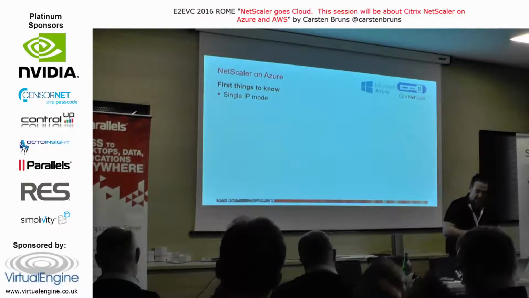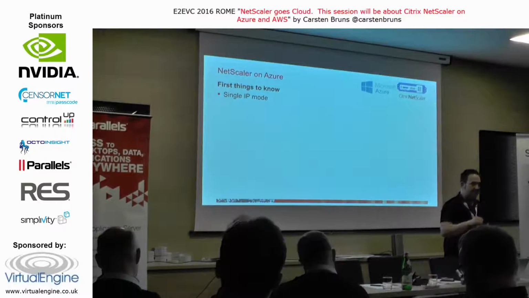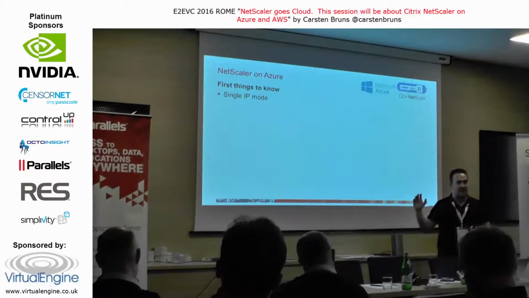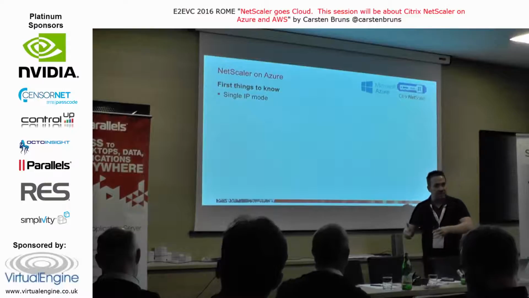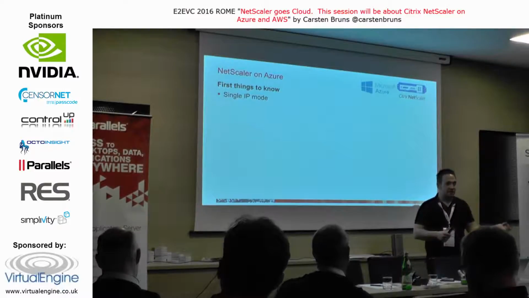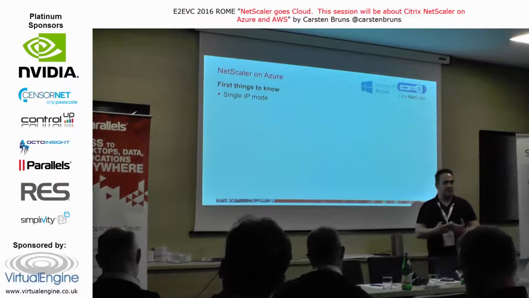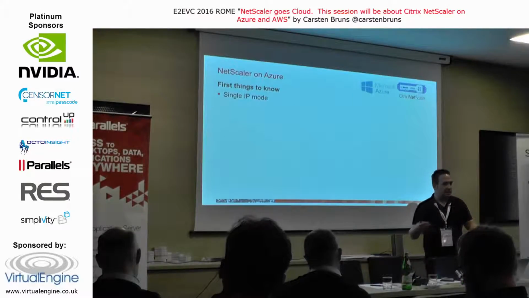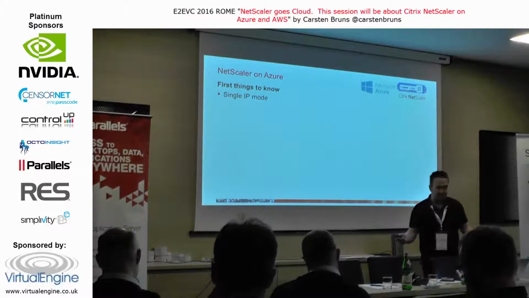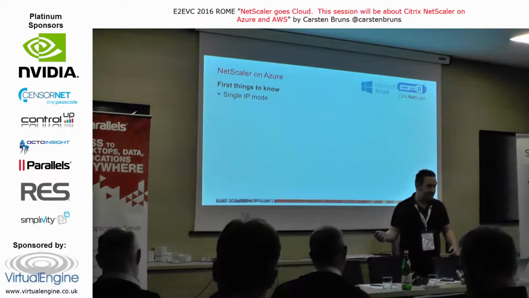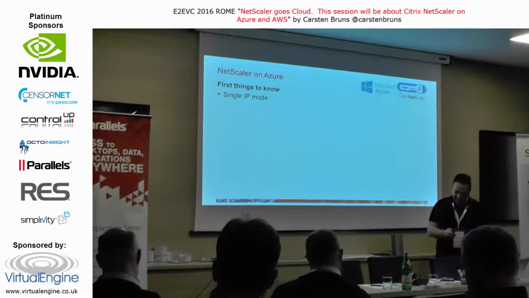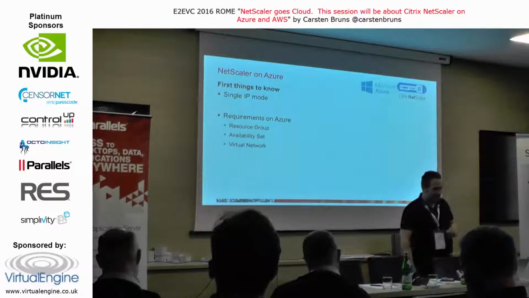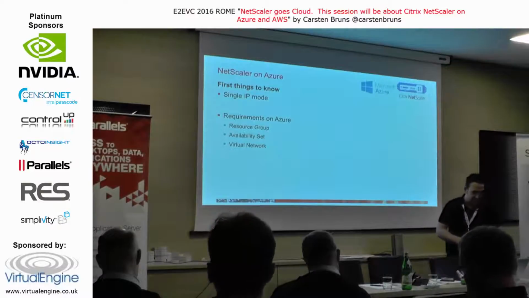This is very important to know, because if you start the NetScaler on Azure, it will come up with a public IP address, and you can reach it on port 443. So if you want to set up a NetScaler Gateway, on which port is it running? The same one. Thank you. Okay, I will talk about it a little bit later.